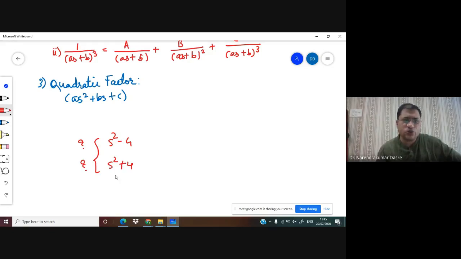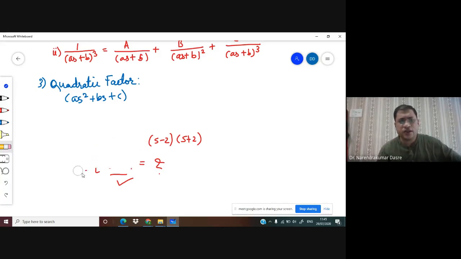So as I said, we have to look for an irreducible quadratic. So this you can reduce as (s − 2)(s + 2). But what about the factorization of this term? Not possible, it will go into complex. Okay, so we don't have to go to complex, but be in reals only, and hence this will not be treated as a quadratic, but this will be treated as a quadratic. So we have to be careful what is going to be quadratic and what is not. So here quadratic factor means irreducible quadratic factor.